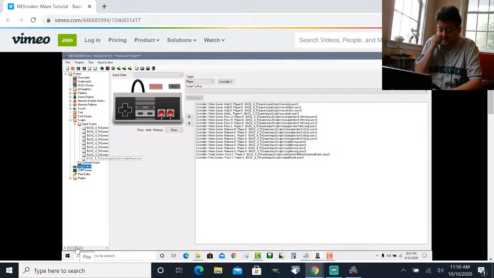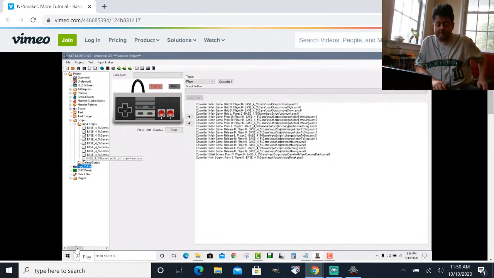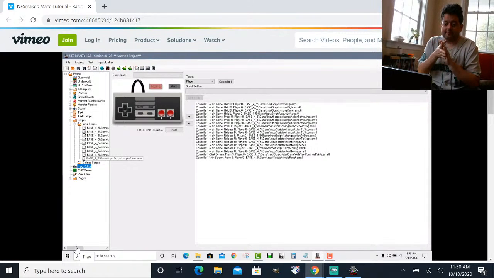If you think further ahead, you have noticed with the NESMaker that you have an option to physically copy this onto a NES cartridge. You got to think really, really long term about that, especially if you're doing it on your own. Once again, this is why this is done in teams, so that you have one person working on sprites, you got one person working on backgrounds, you got one person working on logic. Of course, you need one person working on sound, and